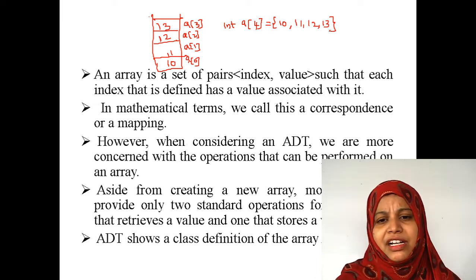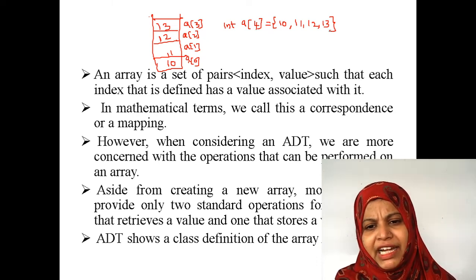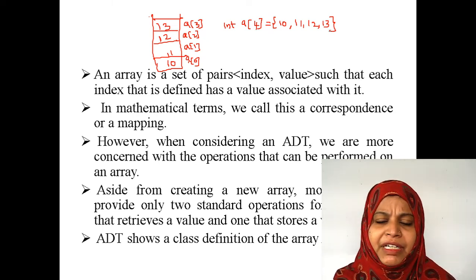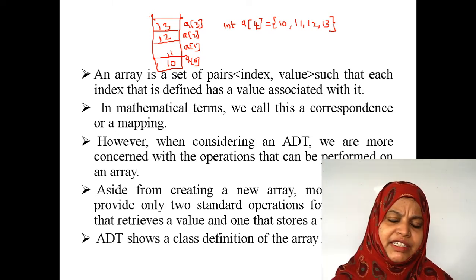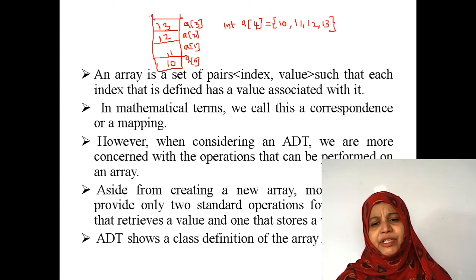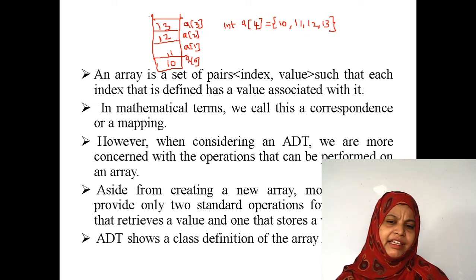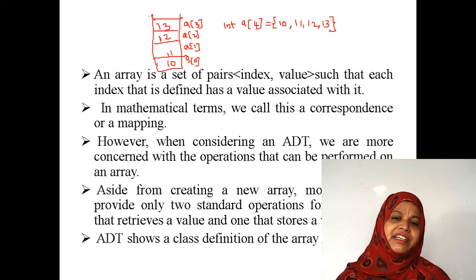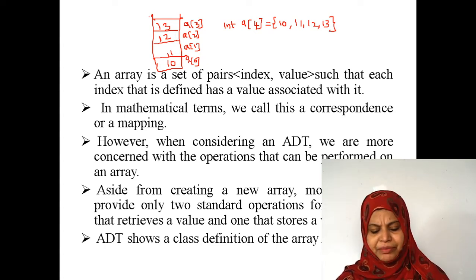In general we can't add data to a particular array, but whenever we declare an array as an abstract data type, by using the index value we can assign the value, add the value to that array, and in the same way we can delete the value from that array, and retrieve the information from the array.